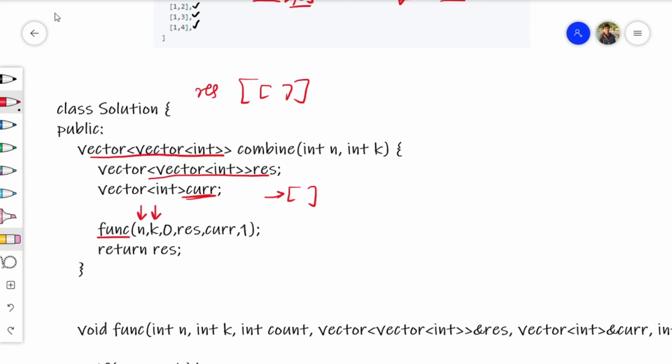For example, in this case k was 2. 0 is the starting count value, and when the count becomes 2, then we need to push the current into our solution, the resultant. Then we are passing our resultant, the current, and again 1 for starting, because our solution starts from 1, which will be helpful for iteration in the function.